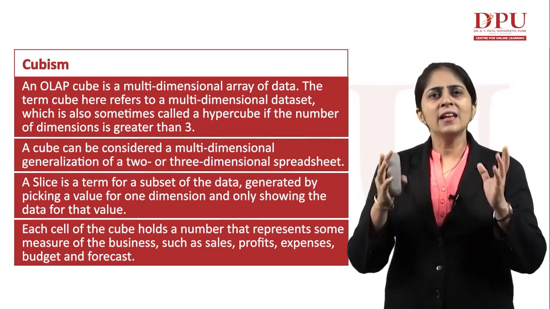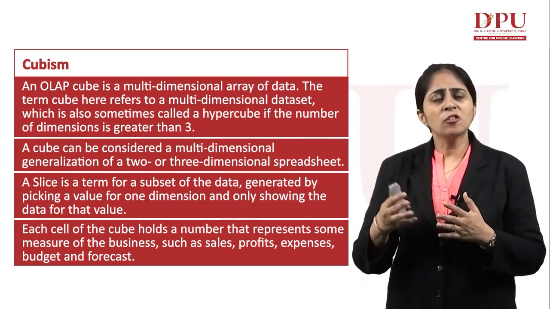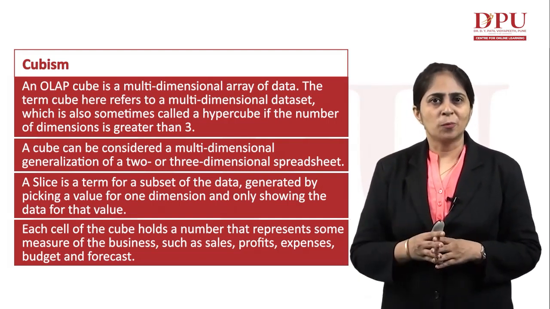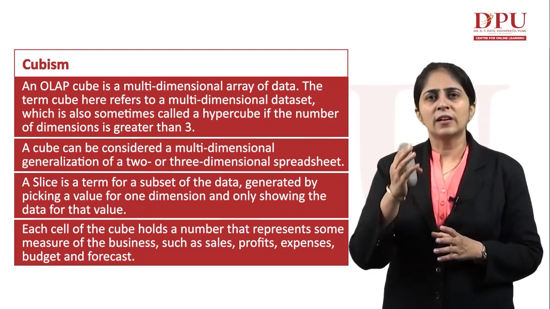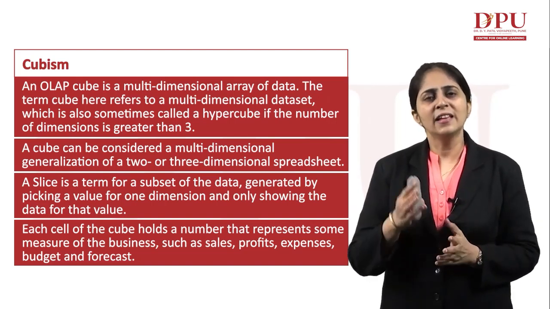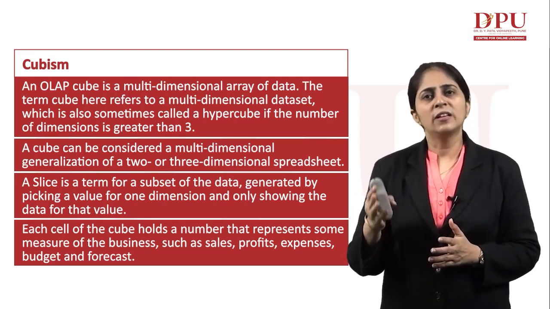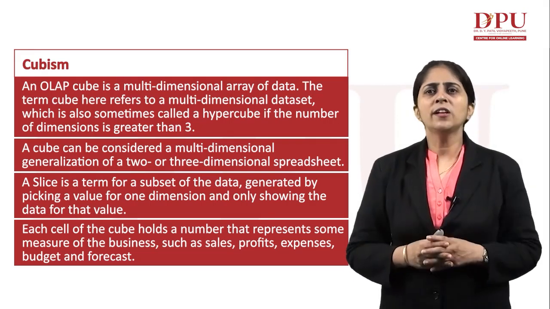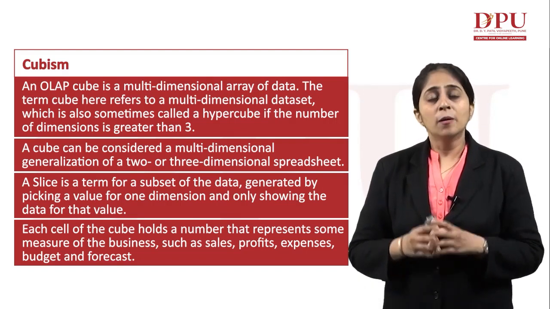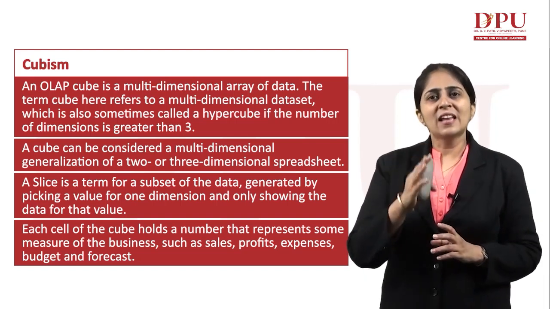Given that data can have an arbitrary number of dimensions, our data can be analyzed on the basis of different dimensions and different perspectives. The term hypercube is sometimes used especially for data with more than 3 dimensions. If it has 3-dimensional data, then we normally call it a cube. If it has more than 3 dimensions, then we can call it a hypercube. Now we are calling it a cube, but it is not a cube in the strict mathematical sense, because in a cube all the sides are the same,